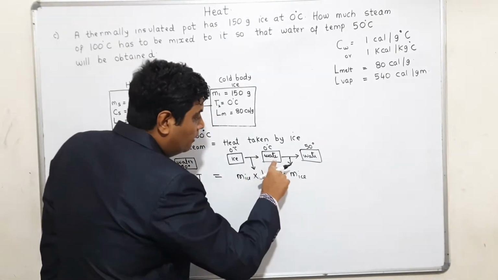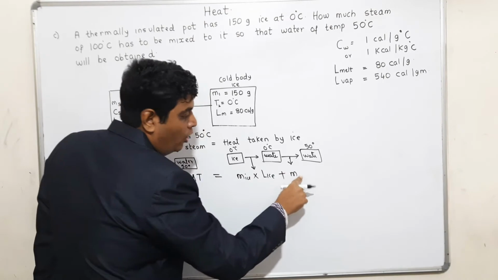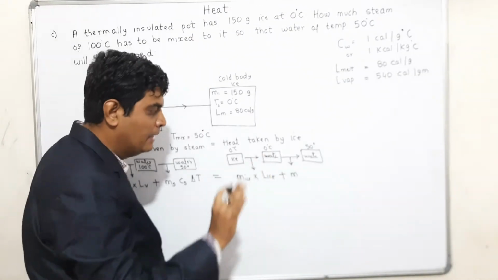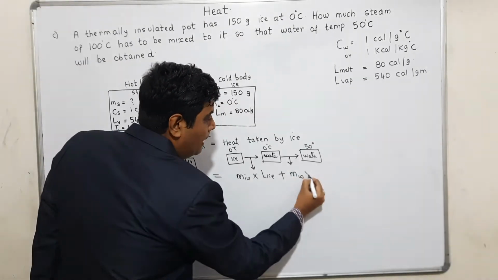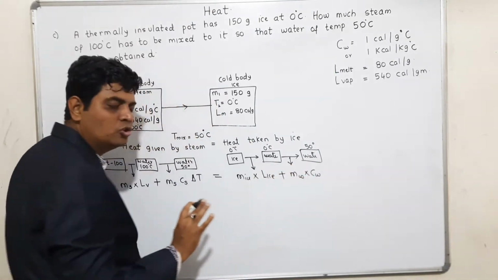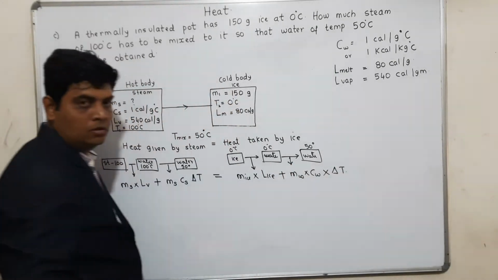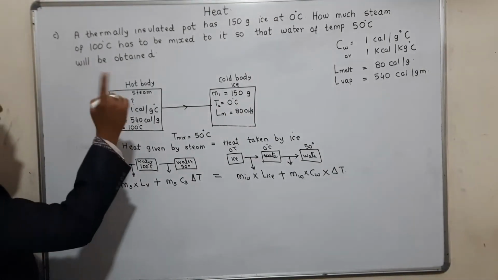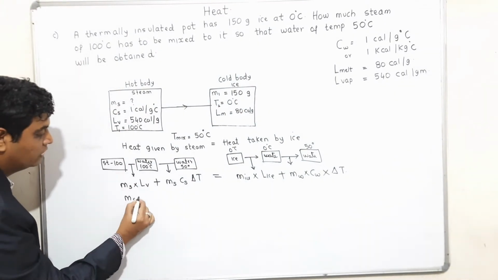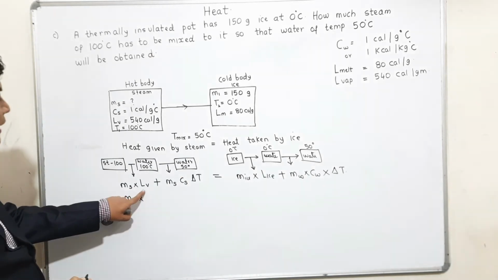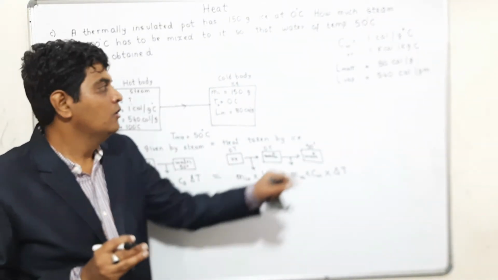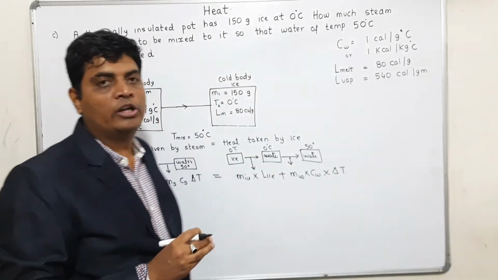Right now, here, ice is getting converted into water, and the mass of ice and water will remain the same. So if I say mass of water multiplied by C of water, this is also the same for both of them, multiplied by delta T. Now, what is the mass of steam given? You don't know. They have asked you to find the mass of steam, multiplied by the latent heat of vaporization for steam. Latent heat of vaporization is 540 calories per gram.